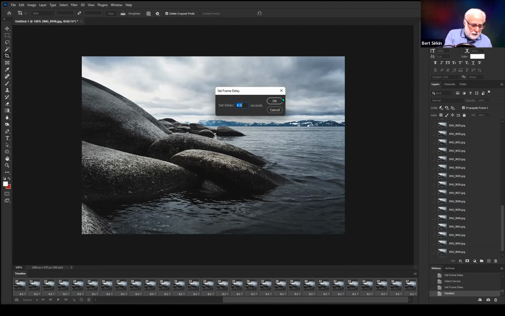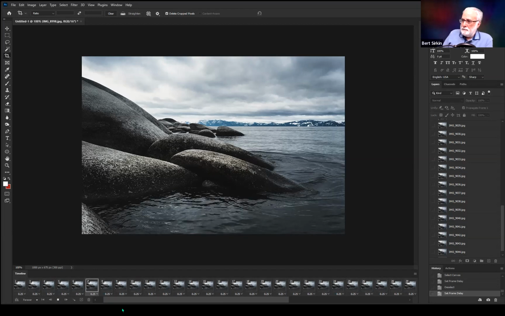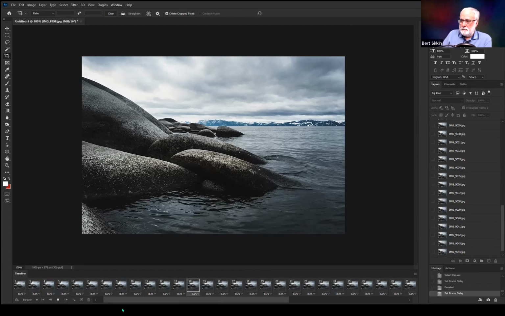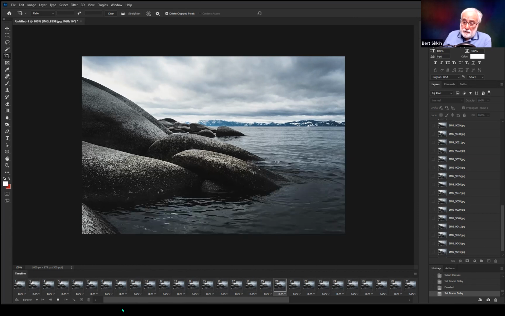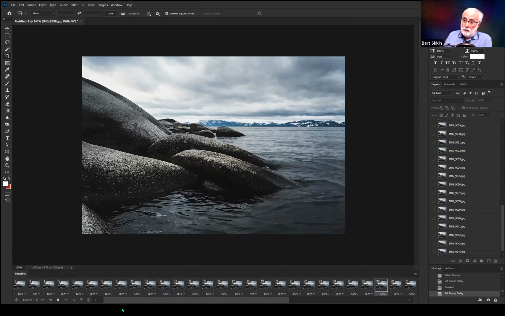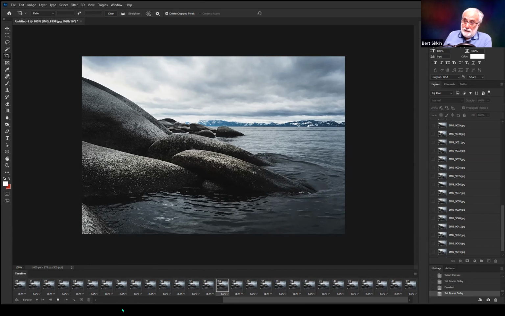So if you wanted 1/4 of a second, you can type in, oops, that's 25 seconds. Let's do 1/4 of a second, 0.25. Even though it's not in the list, that's no problem. Now they're all 1/4 of a second. Now you could create tweens between them all to make it even smoother, but that would be a lot of